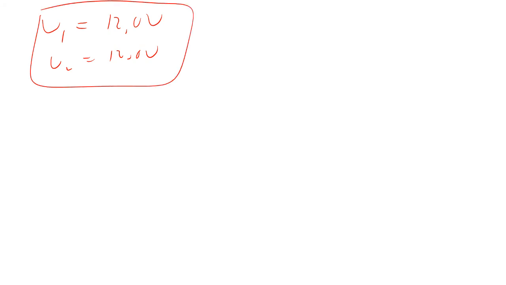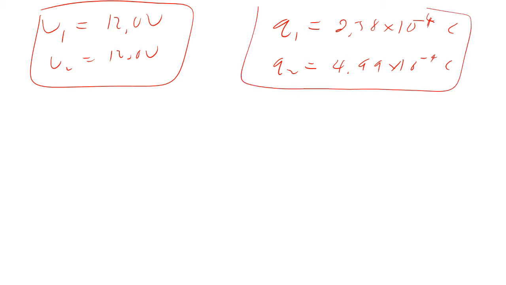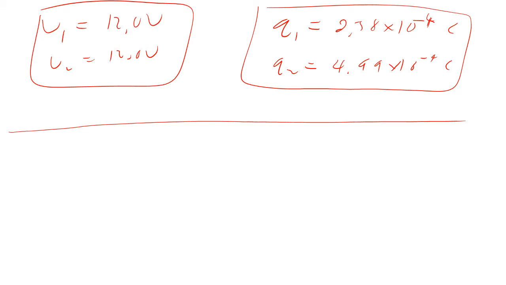So V1, 12 volts, V2, 12 volts, Q1 equals 2.58 times 10 to the minus 4 coulombs, Q2 equals 4.99 times 10 to the minus 4 coulombs. There's 4's there. Okay, now, that's one way of solving the problem, but we also know that when I connect